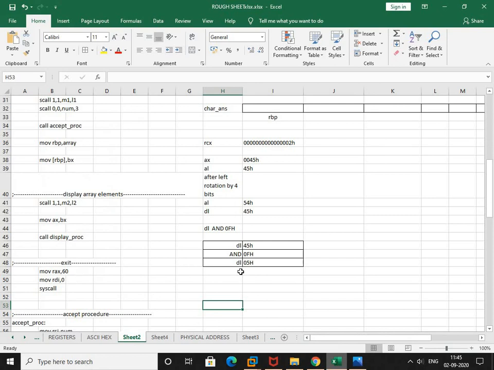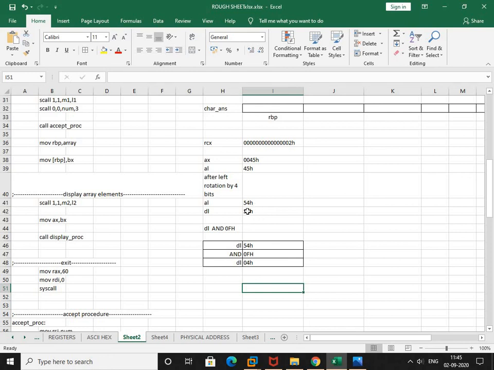Now the extracted digit is 5, right? It is 54H ANDed with this 0FH, so I got 04H. Since I have taken input 4 first, it should get displayed first.